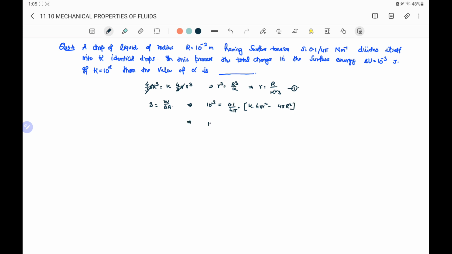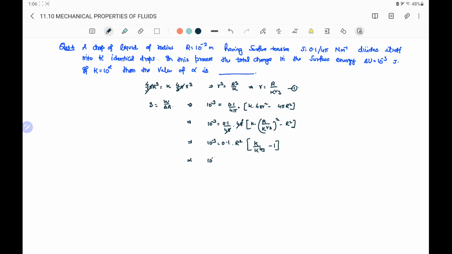So it is equal to 10 to the power minus 3 equal to 0.1 by 4 pi. 4 pi is common, so it is taken out. Remaining is k, and replacing small r from the equation number 1, it will become R by k raised to the power 1 by 3 whole square minus R square, and 4 pi and 4 pi get cancelled. So it is 10 to the power minus 3 is equal to 0.1. R square is also common, so remaining is k by k raised to power 2 by 3 minus 1,